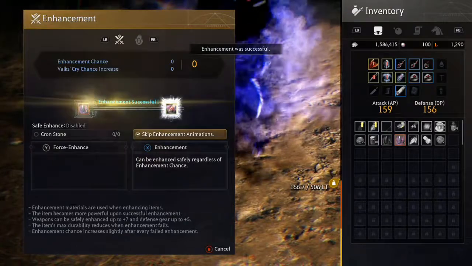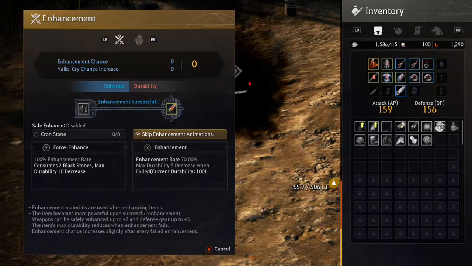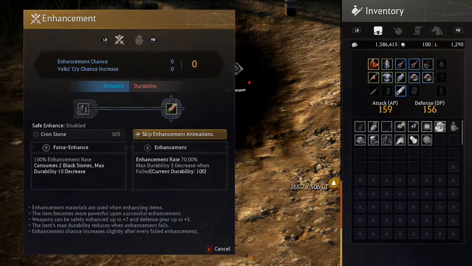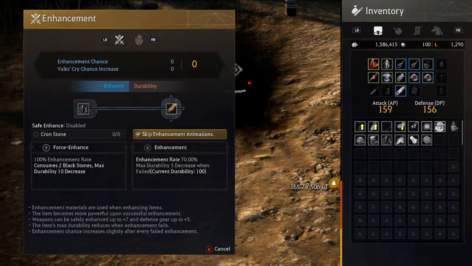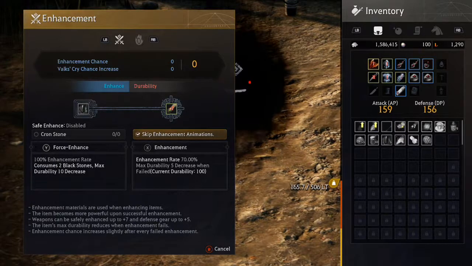You can continue doing it all the way to +7. And now you see that I do not have any more stones, but you see the enhancement rate now actually shows. From anywhere to +1 to +7, for weapons, it'll always give you a 100% chance with a blackstone. You use it, it's perfectly set. There's two ways to level this up continuously. You can either choose to force enhance the weapon, or you can risk your chance with RNG and give